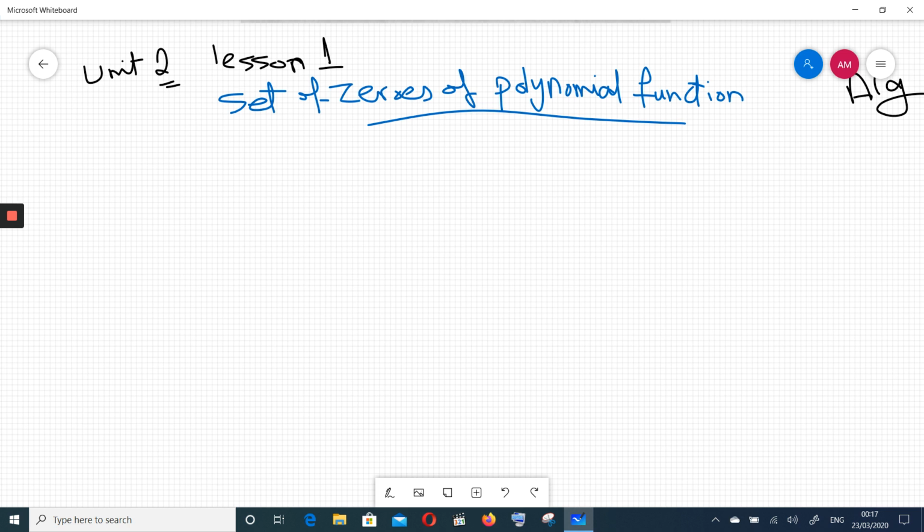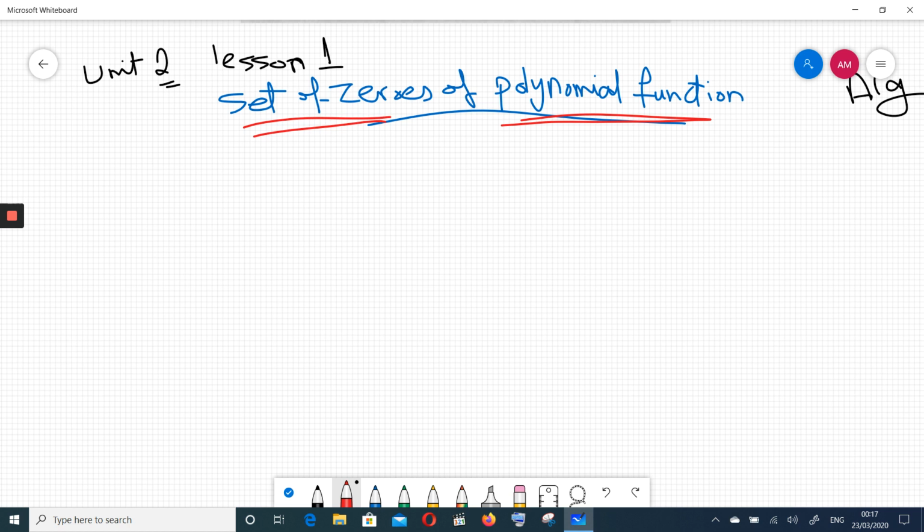Mr. Ahmed Mir, and today, inshallah, we're going to talk about Unit 2: zeros of polynomial functions. We must know what the set of zeros of a polynomial function means. Before that, as we studied before, a polynomial function is a function that has many terms. And the set of zeros means which values, if we replace x with them, the answer is going to